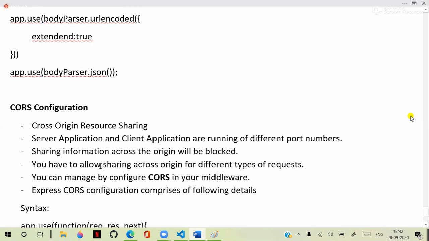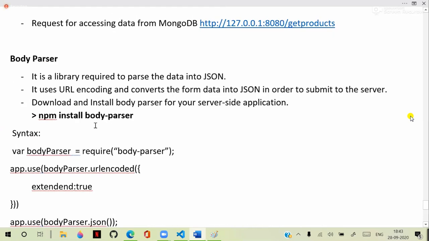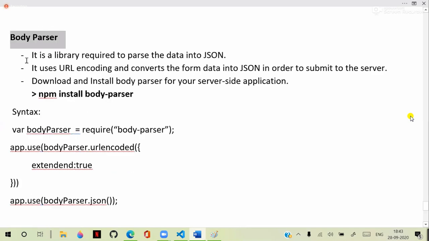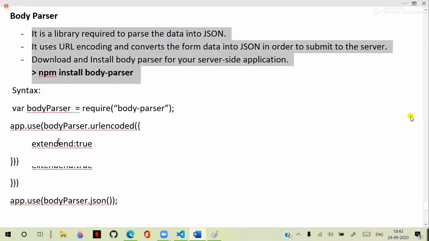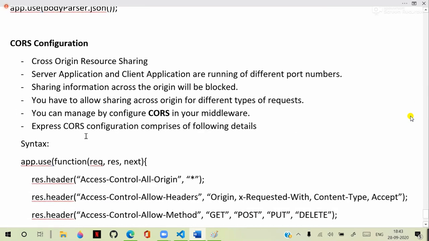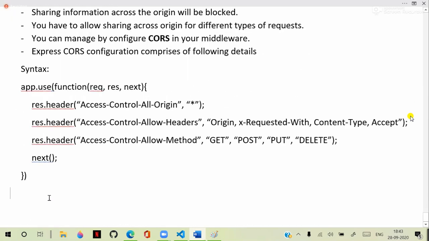So while configuring the API, two more additional things you have learned today is that you need a body parser, and what is the role and responsibility of the body parser on the server side, and why you need CORS configuration. Without that, what's the problem and why do we need that? Actually, temporarily, without writing this also,